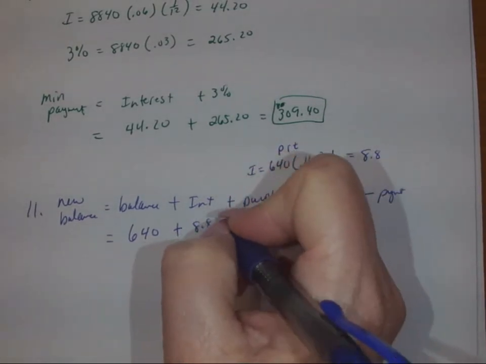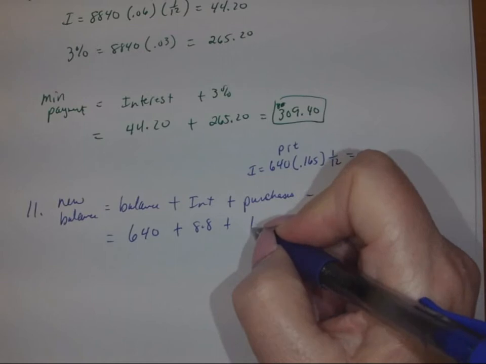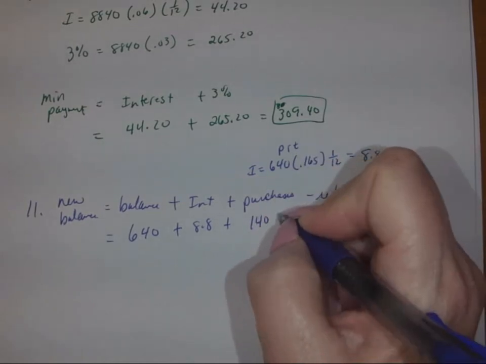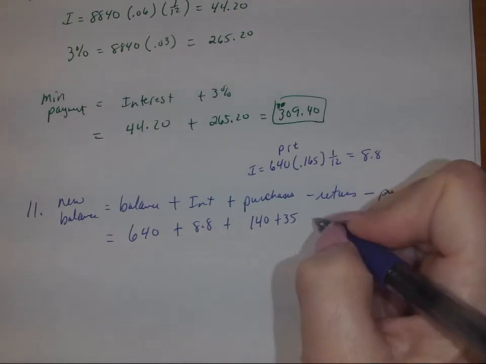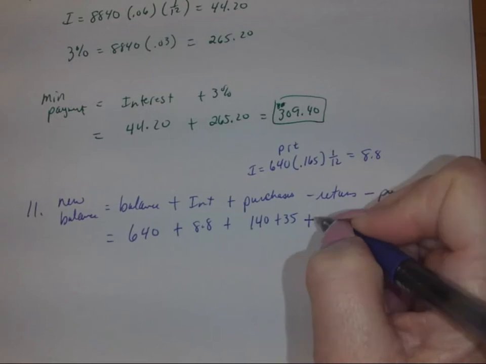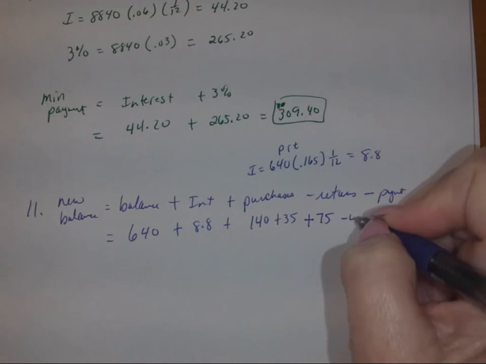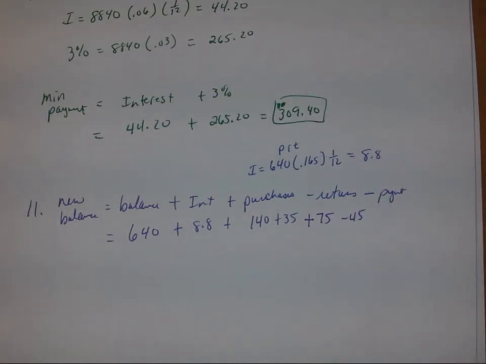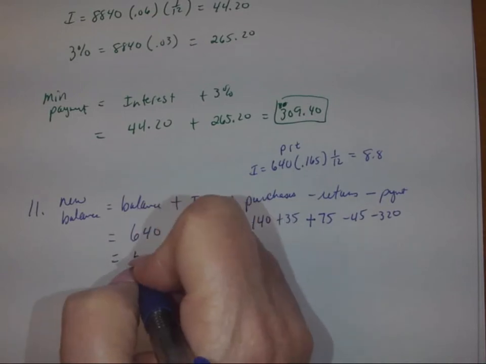So we'll have 8.8 plus, we bought that dog for $140, plus we bought some pet supplies for $35. We had to pay the vet bill for $75. Now we returned the kennel. We decided it was the wrong size. We didn't need it. And we made the payment. And we made a payment of $320. So when we add all that together, combining, adding, and subtracting, you should get a balance now of